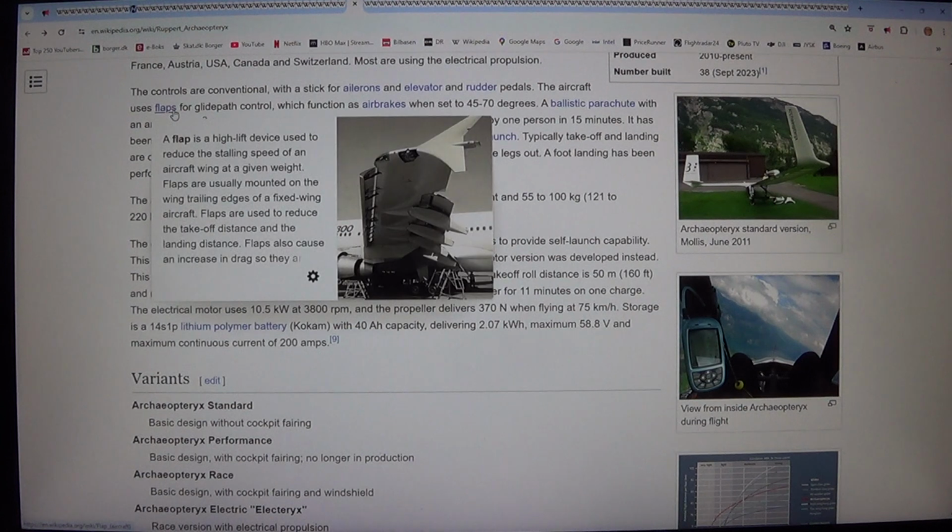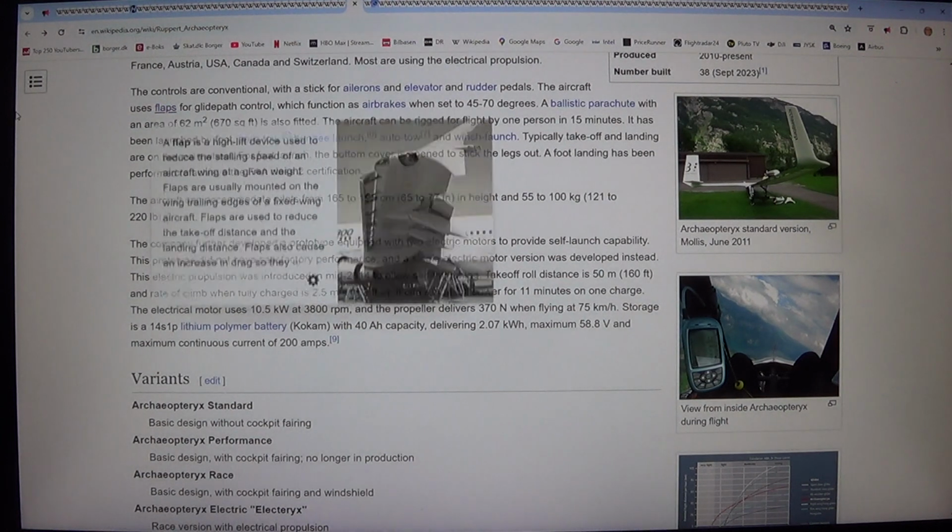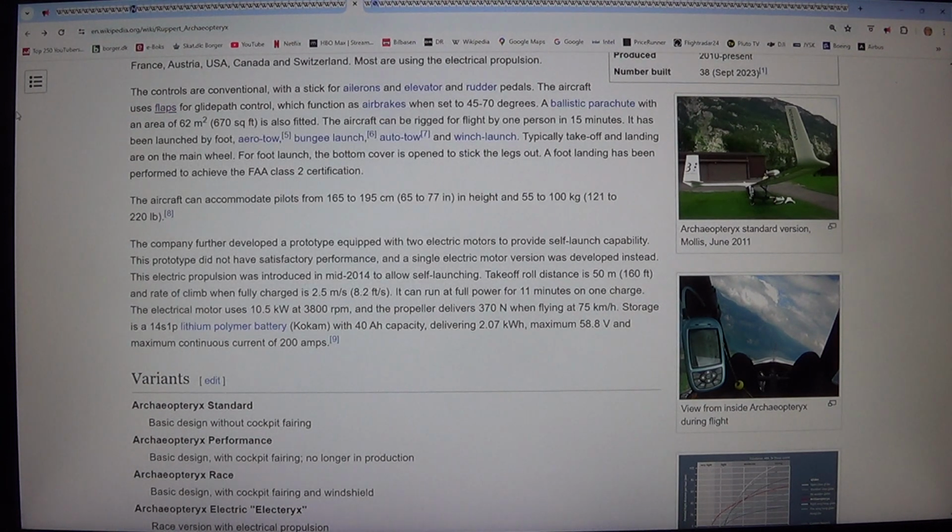Typically takeoff and landing are on the main wheel. For foot launch, the bottom cover is opened to stick the legs out. A foot landing has been performed to achieve the FAA Class II certification. The aircraft can accommodate pilots from 165 to 195 centimeters, 65 to 77 in height, and 55 to 100 kilograms,